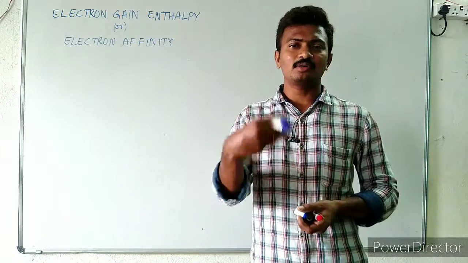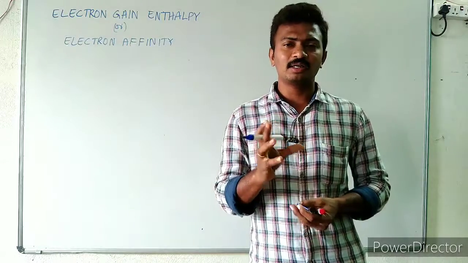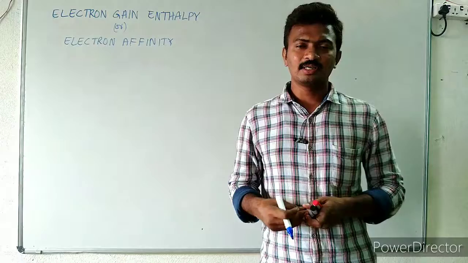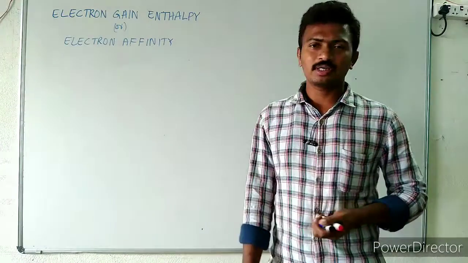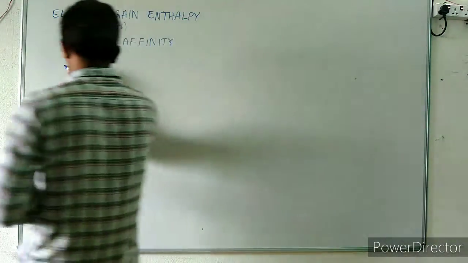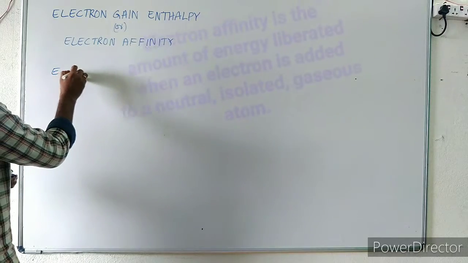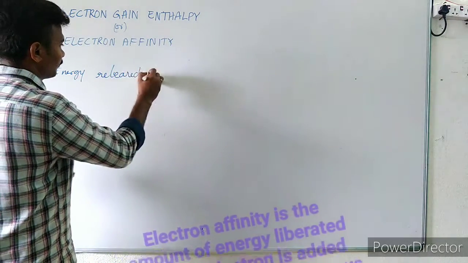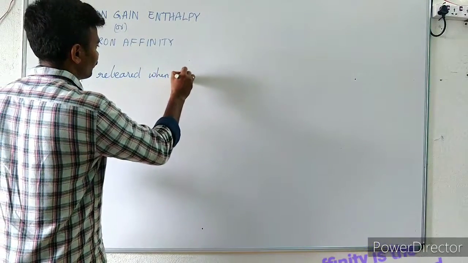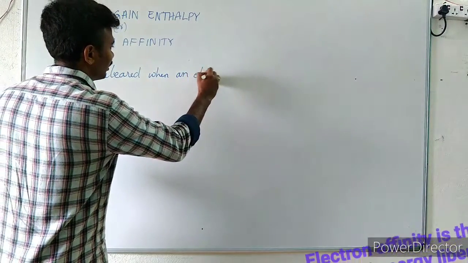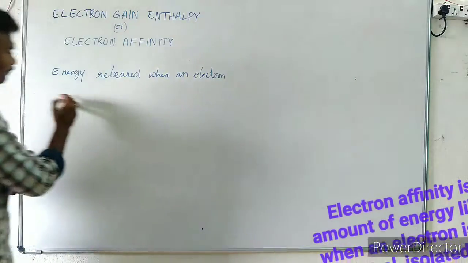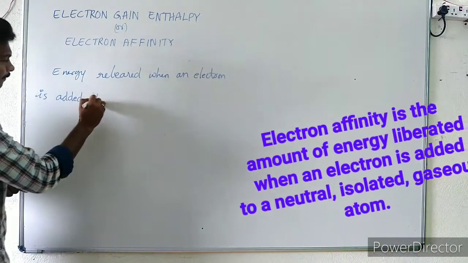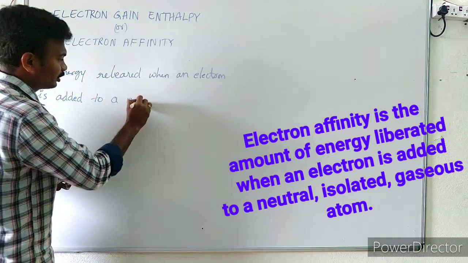By gaining the electron, it is going to liberate energy. Due to the attraction between the nucleus and the electron, some energy will be released. That energy we call electron gain enthalpy. So it is the energy released when an electron is added to a neutral